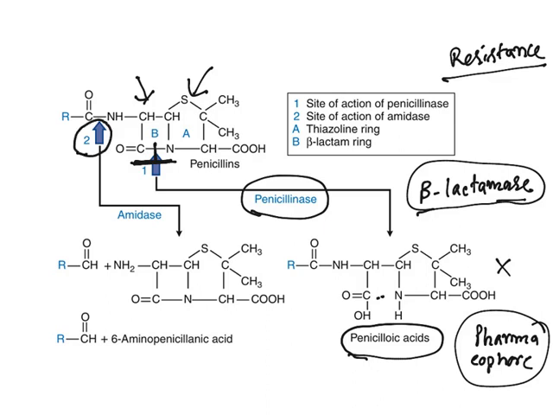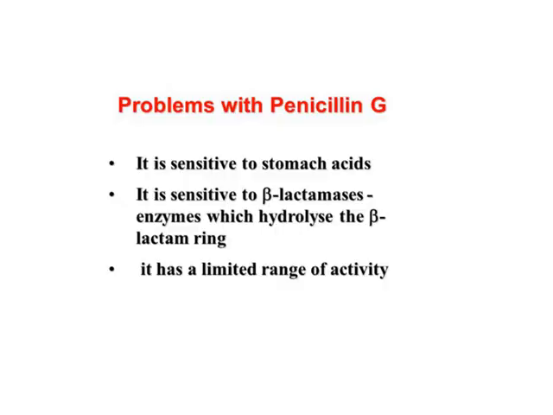It acts at this side chain. This amide bond will be cleaved by this amidase, and it results in 6-amino-penicillanic acid. So 6-amino-penicillanic acid is an important starting material for semi-synthetic penicillins. So understand this one. Going further, now the first known natural penicillin is penicillin G, which is obtained from Penicillium